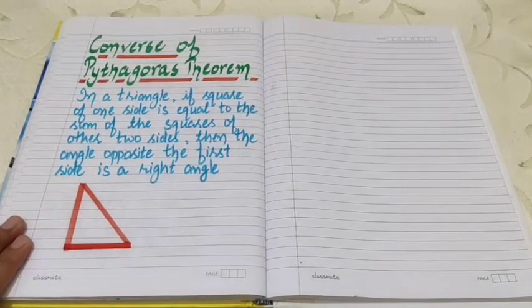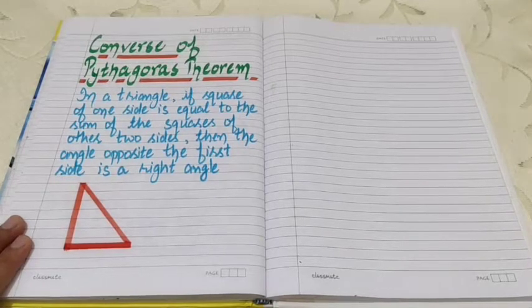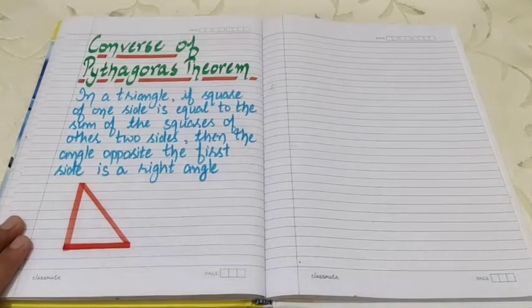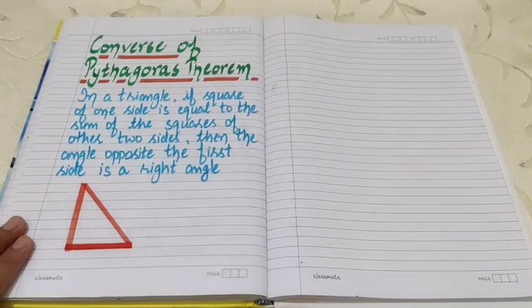We already have done Pythagoras theorem, which states that in a right angle triangle, square of hypotenuse is equal to sum of square of remaining two sides. And now we will go for converse of Pythagoras theorem, which states that in a triangle, if square of one side is equal to the sum of square of two other sides, then the angle opposite to first side is